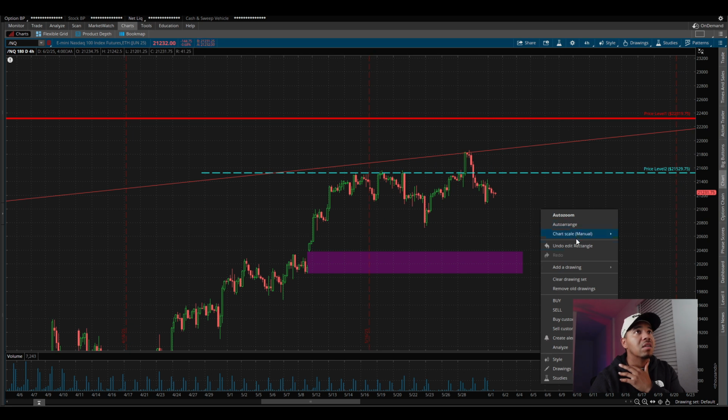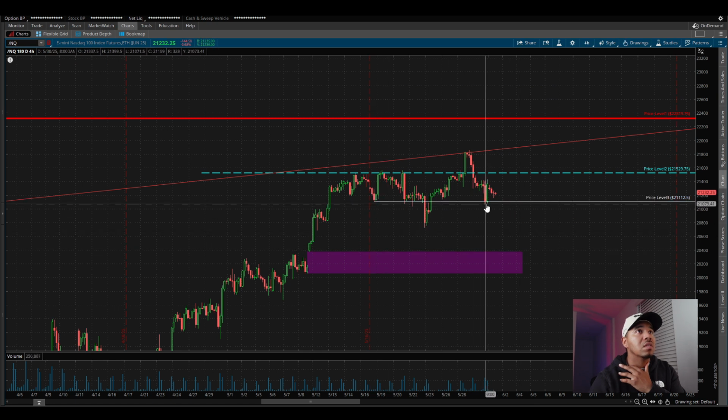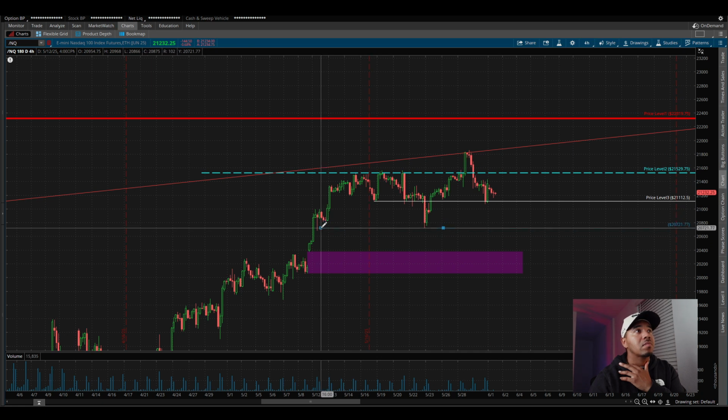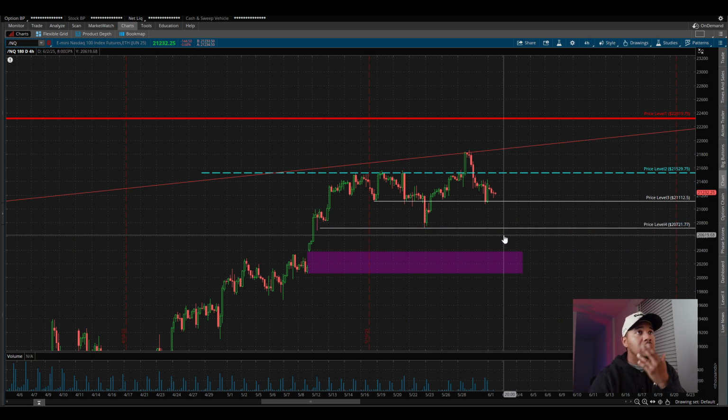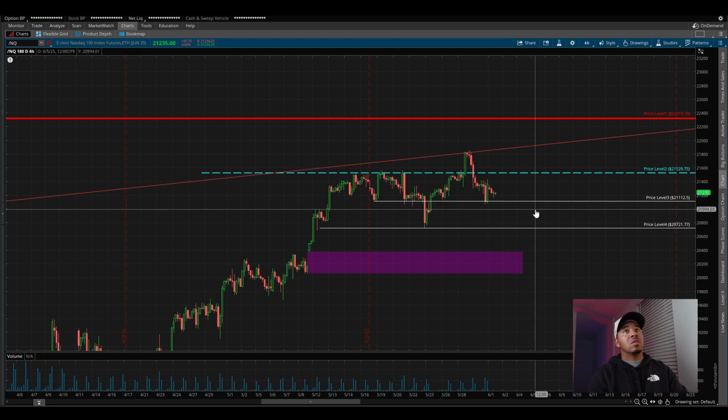We have respect here on our support. Look at that. You see that? This right here wouldn't matter. We understand that price did come down to this level, so I will mark it down. But for me, this is an outlier day. I have more respect for this support line than I do for this one, all right? Because as you can see, we've touched it multiple times on the 4 hour. Here, multiple times. Here, almost there. Twice here, all right?